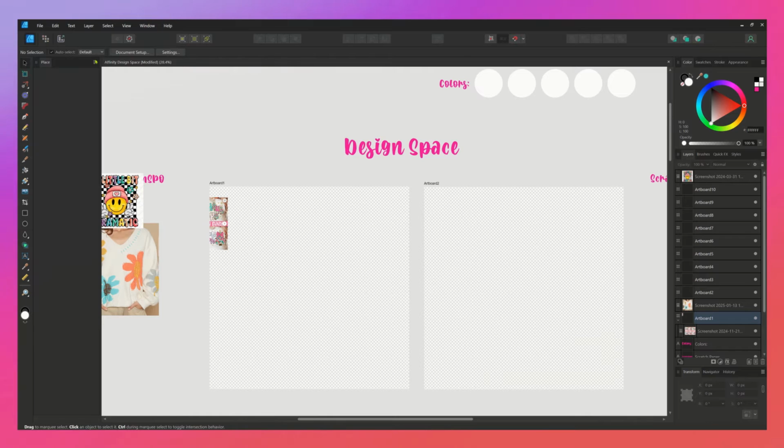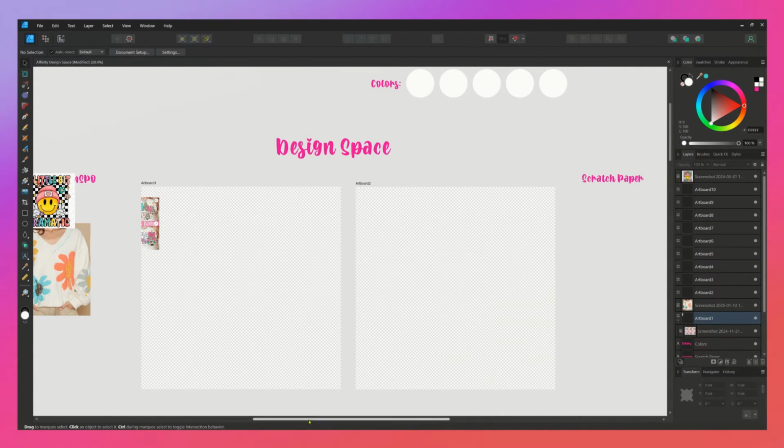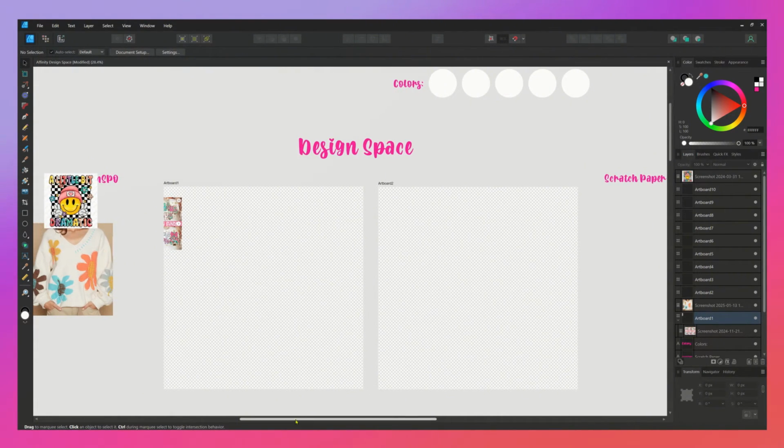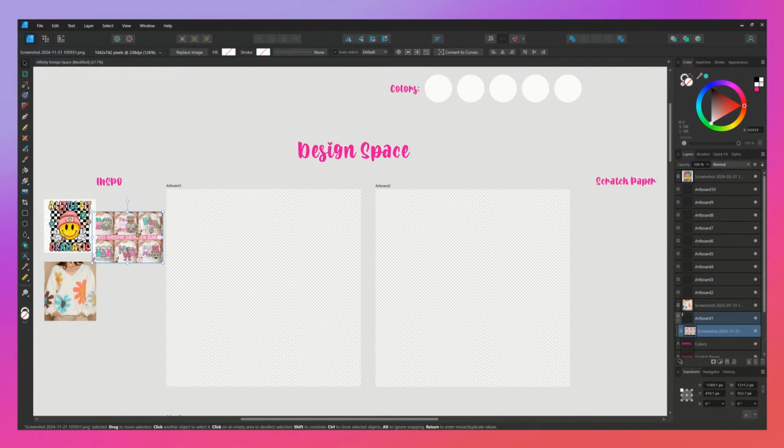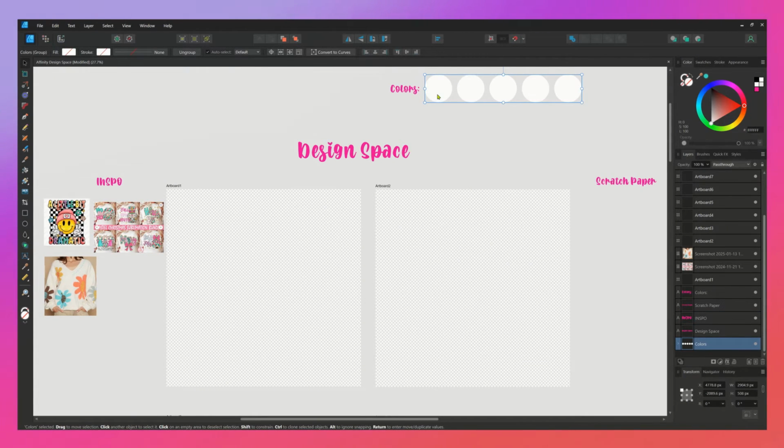And then once we're done, we're going to need to get rid of this new place panel so that we can see our entire workspace. So we'll just click on these 3 little lines and we will just click on close. Now I'm just arranging these to make sure they're where I want them to be. And the first thing I want to do is grab the colors that I'm going to be using for my design. So even though we have these grouped, we can actually just double click